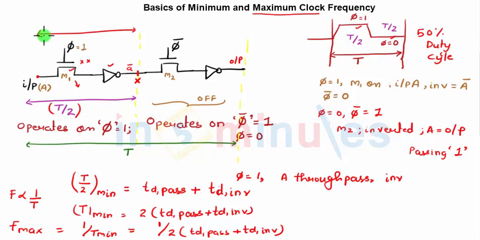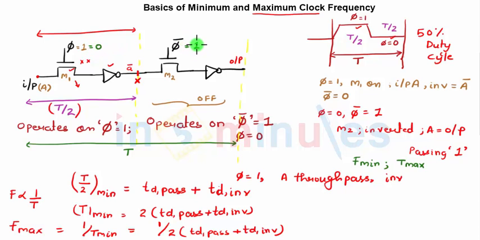Let's come to a very interesting thing, the minimum frequency. To find minimum frequency, we need to find T max. Let's see how do we find that. Let's take case 2. Now case 2 is a case when phi is equal to 0, which means phi bar